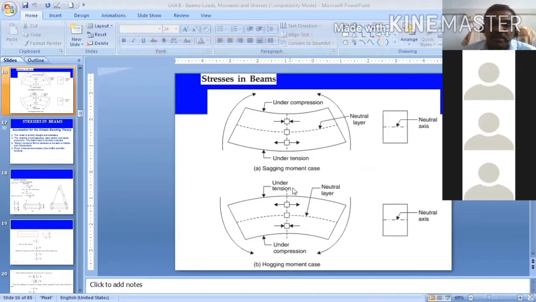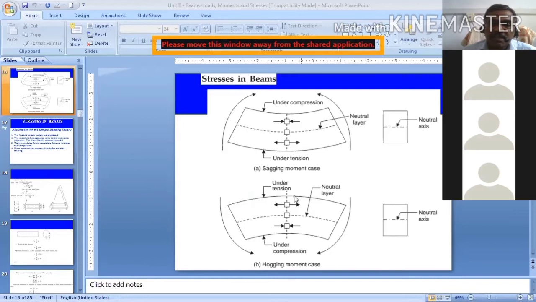If you go away from that, the tensile stress is slowly increasing. At the neutral axis it is zero, and it keeps increasing up to the extreme fiber. At the extreme fiber, it is maximum. It is linearly proportional to distance. Similarly, in the downward direction, it is compressive. Slowly it is increasing, and it will be maximum at the surface.